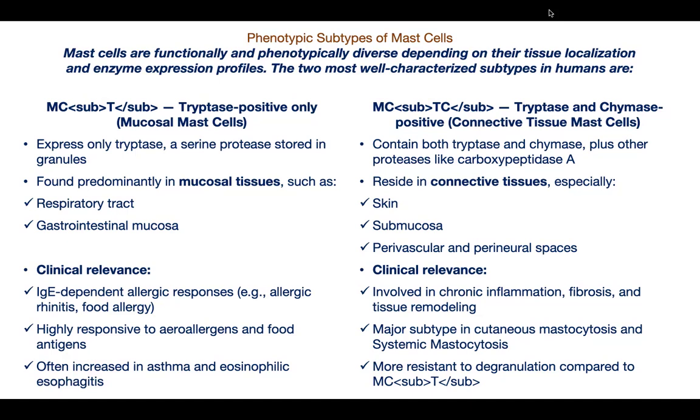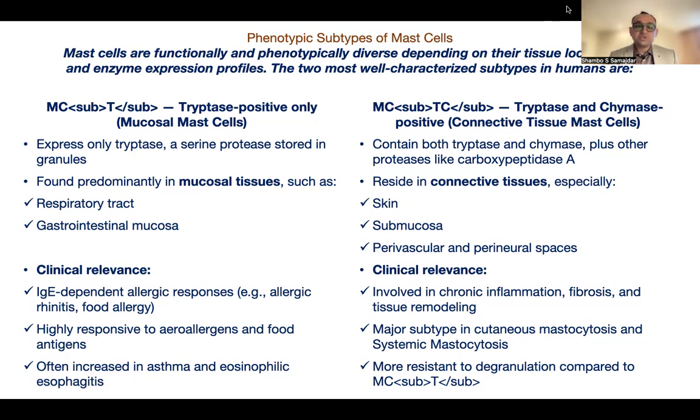So here we can clearly see the clinical relevance of mucosal mast cells. Mostly it is important for allergic rhinitis, different types of aeroallergen responsiveness or food antigen responsiveness. It is increased during asthma or eosinophilic esophagitis, and mostly it is found in the mucosal tissues, as mentioned, respiratory tract